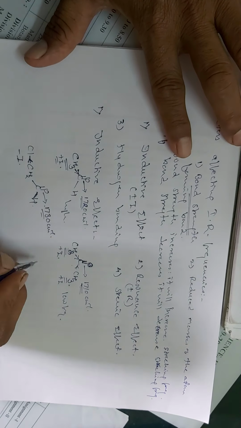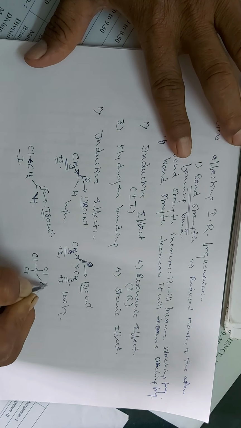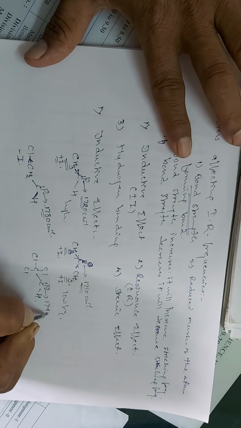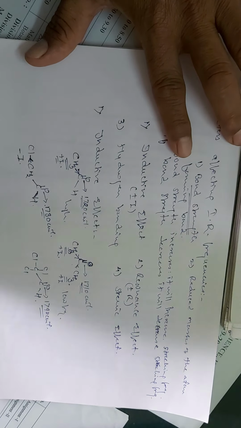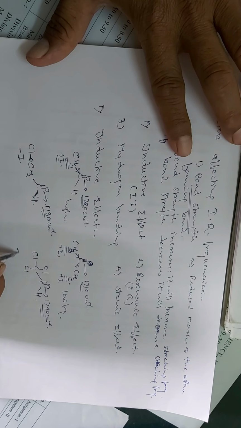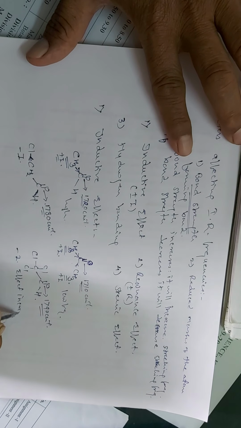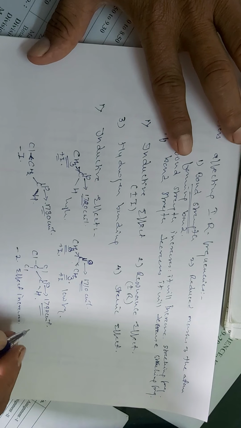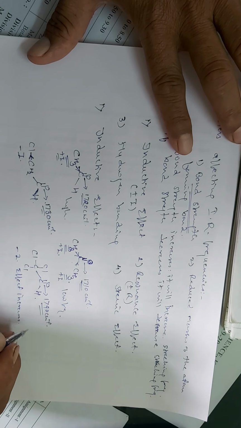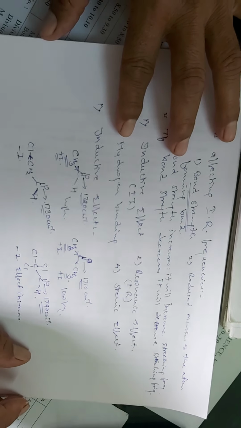But if these are increased, means Cl, Cl and Cl, here you see that it is very strong and it goes around 1790 reciprocal centimeter, and so the absorption frequency goes on increasing as the minus I effect increases, so the stretching frequency also increases, or the absorption takes place towards a higher frequency. In this way, this inductive effect operates.